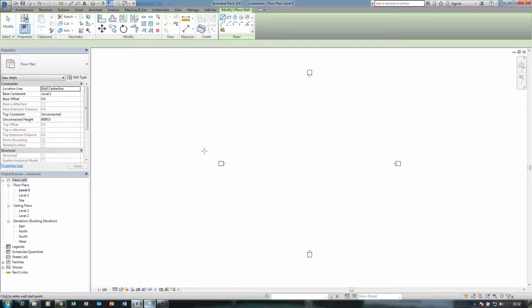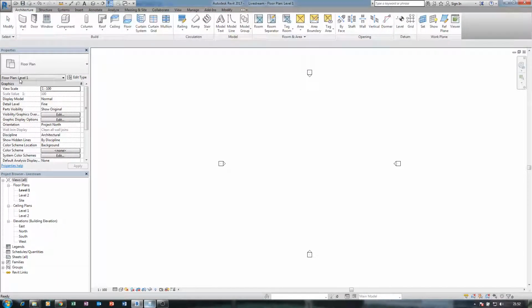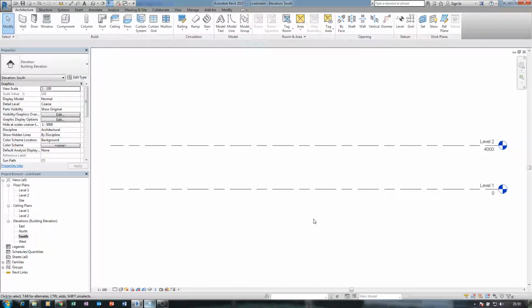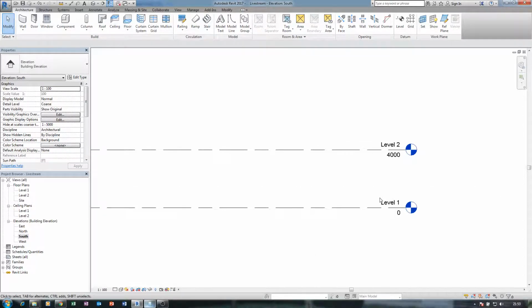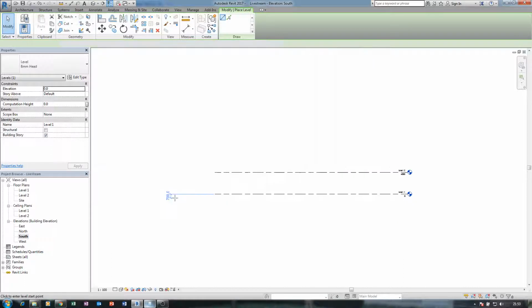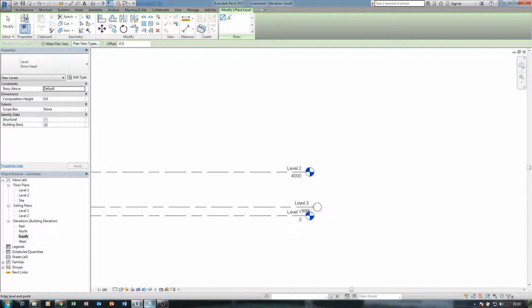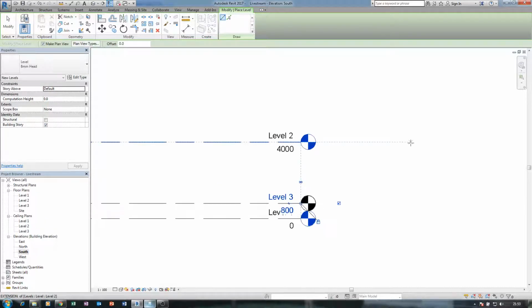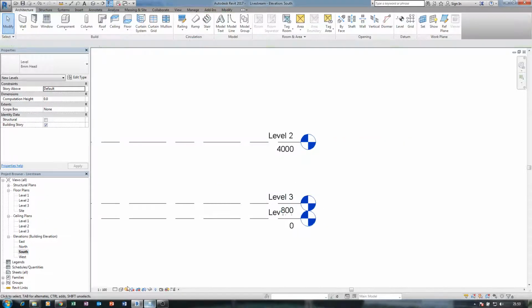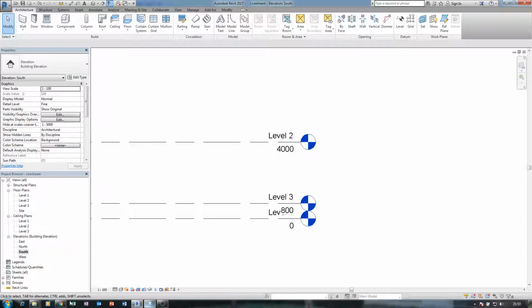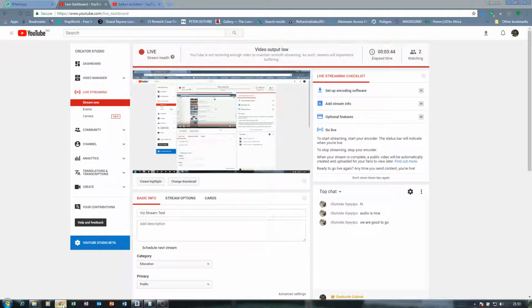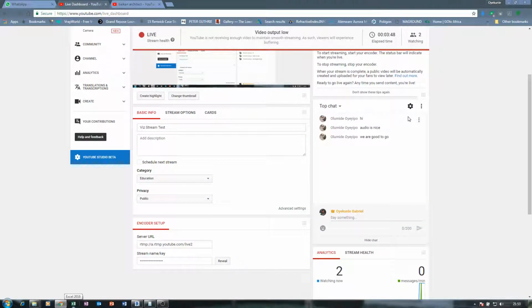Create a wall. Many of us actually know Revit before. If you don't know, you might need to get some tutorial on that. So I'm going to right click, create similar. Whatever I want to create should be as simple as possible. If you are hearing me and you are seeing what I'm doing, please indicate. I'm trying to quickly do something.